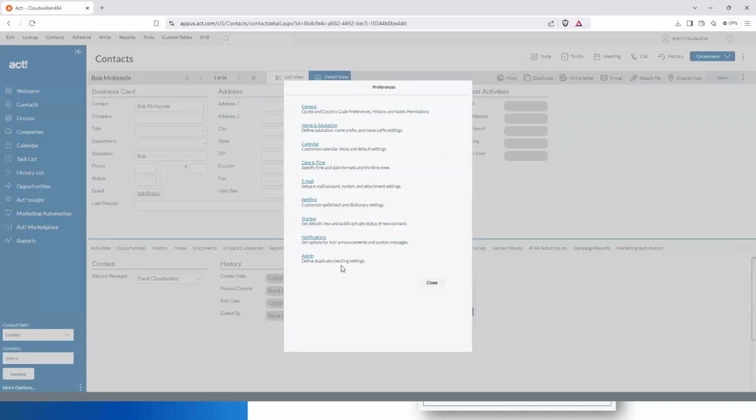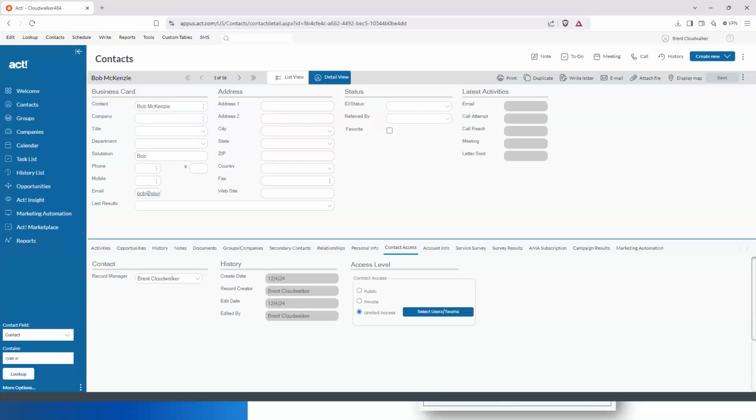And so that's a useful way that you can communicate to your employees if they're not in the office, if you're not all here at the same time. You can use the notifications area to get messages out to them so that when they log into ACT, they receive that message.